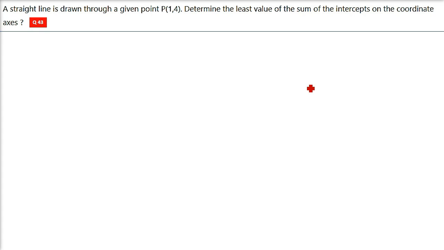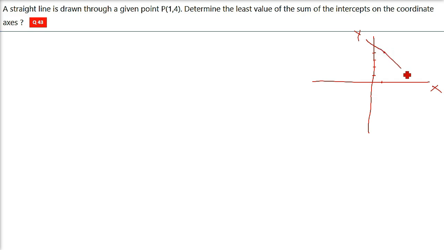Now, if you understand this diagram, it will be very easy for you to solve this question. So, we are making the coordinate axis. This is your x, this is your y. And the question is asking that a straight line is being drawn from (1, 4). So x is 1 and y is 4. Roughly we are trying to draw a line, and that line is going to cut or intersect the x